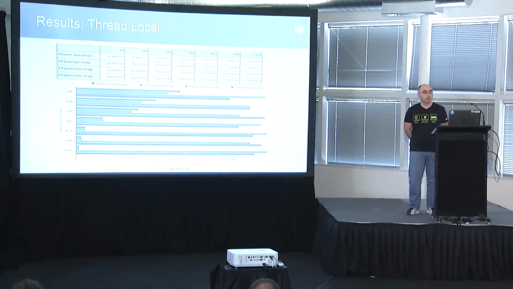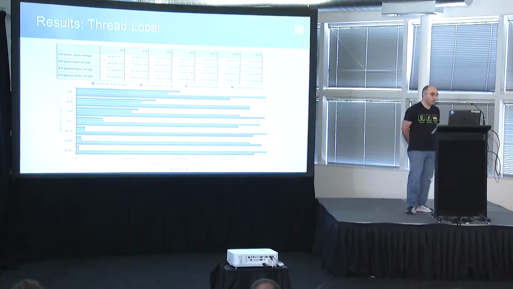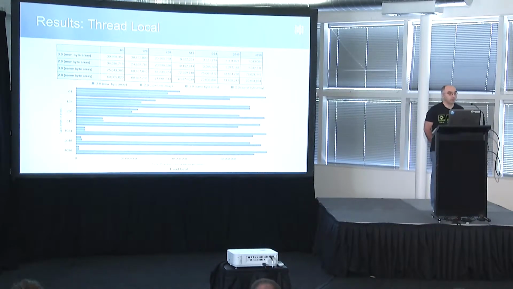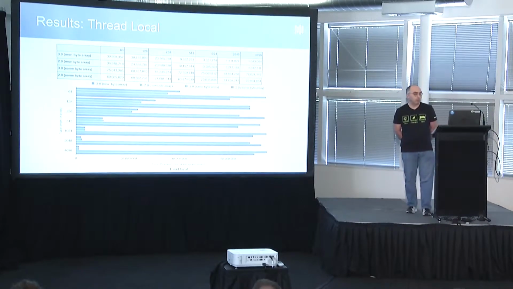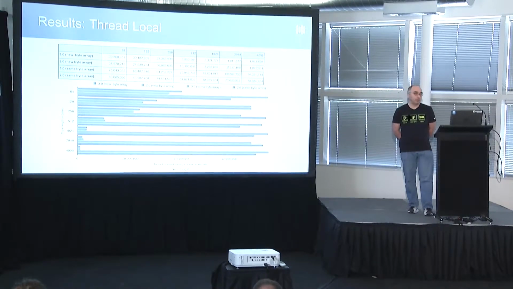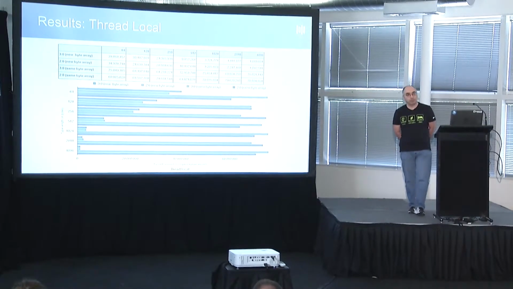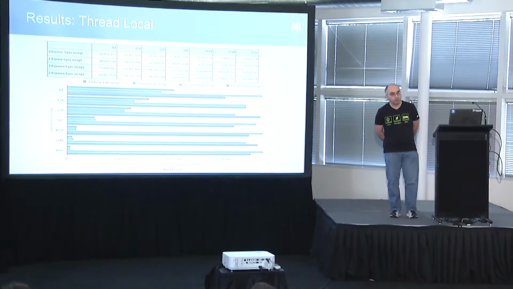It's a function call: one operator immediately calls the next function. The results are really interesting. This is what thread local can achieve. Without garbage collection, we can go to 60 million tuples per second emitted